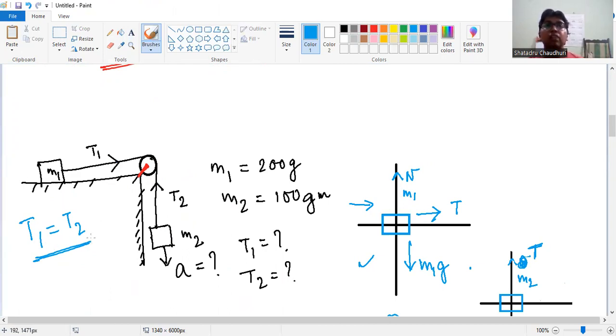ओके, तो इन दिस केस T1 must be equal to T2। अगर T1 T2 सेम ना होता तो पुली के केस में ये सिस्टम काम नहीं करेगा, क्योंकि अगर T1 और T2 सेम नहीं होगा, यहाँ पे जो खिंचाव है, इफ द टेंशन आर नॉट इक्वल, देन ये ओवर द पुली कभी ये ऑब्जेक्ट इस ऑब्जेक्ट के ऊपर मूव नहीं करेगा, रादर द पुली विल ब्रेक। ओके, because it will be unable to withstand the two different tension।